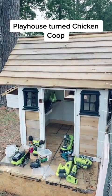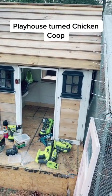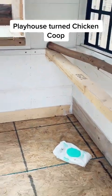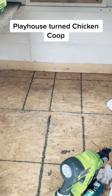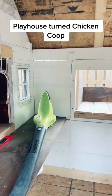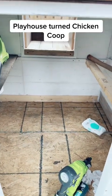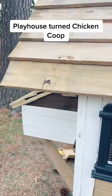On today's episode of the Playhouse turned chicken coop flip DIY disaster that I've got going on here, I went in here today and I caulked some of the areas, not all. I am going to be putting a vinyl floor over this flooring, so I was just caulking basically the chicken coop itself. As you can see, there are some pretty large gaps. I'm going to make sure all of that is well covered before the girls will ever go in here, but just for the seams and stuff, I wanted to make sure that it is nice and safe and warm